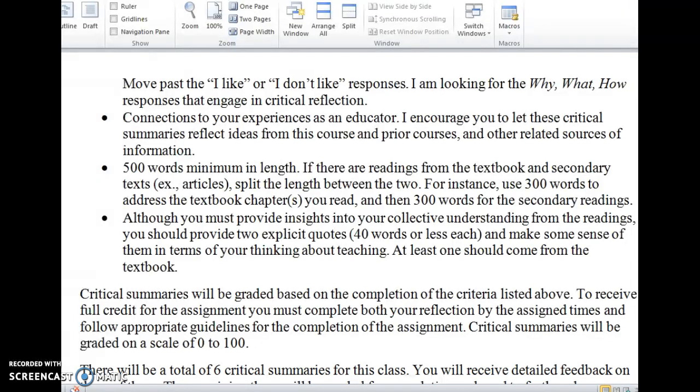If you go above and beyond that, that's perfectly fine. The only way your grade can be reduced is if you're going underneath that word count. I also want you to split the length between the readings. So if you have a textbook reading